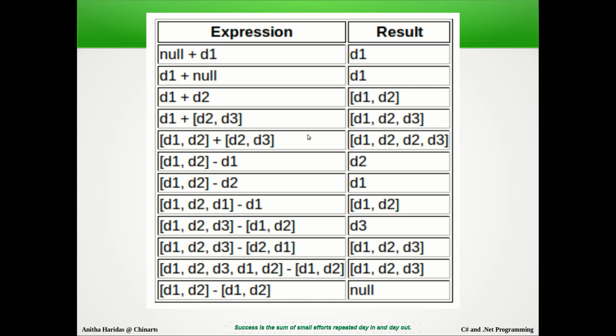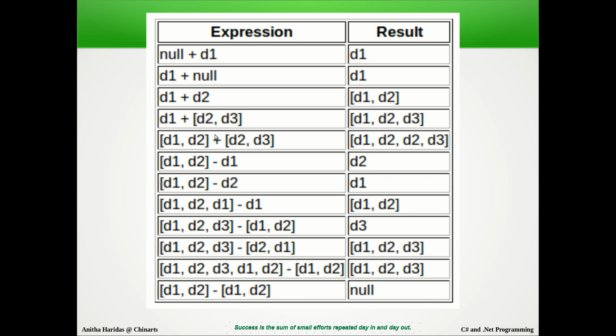Suppose you have one combined delegate and another combined delegate. The square bracket implies that these are combined delegates. D1 and D2 are simple delegates combined together, right?